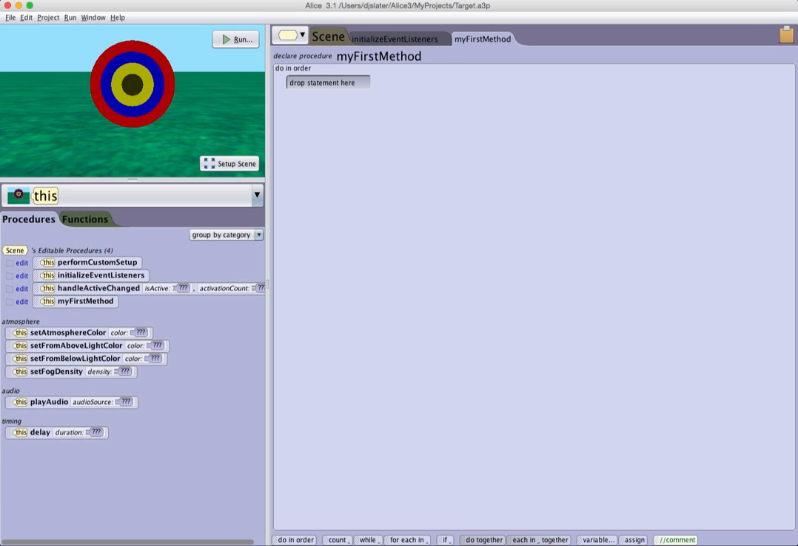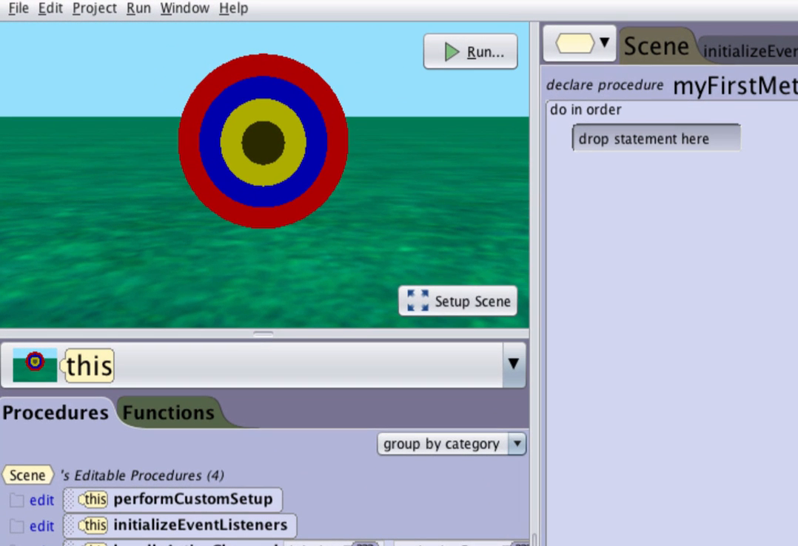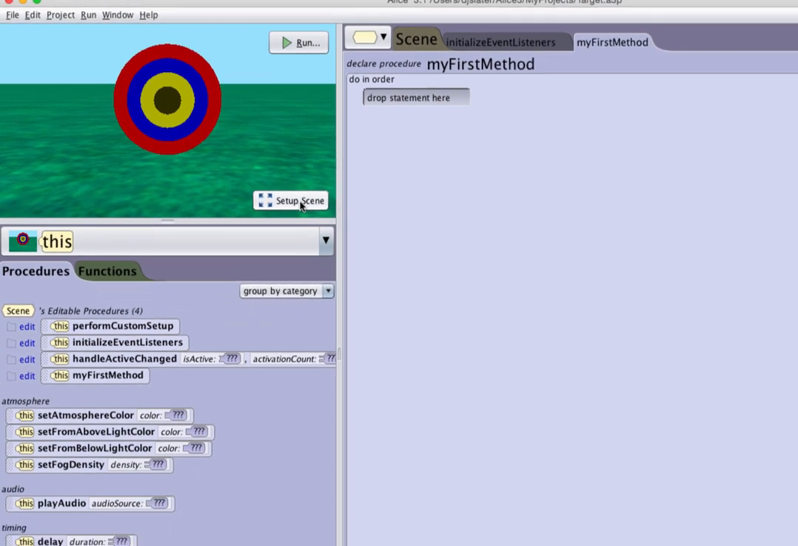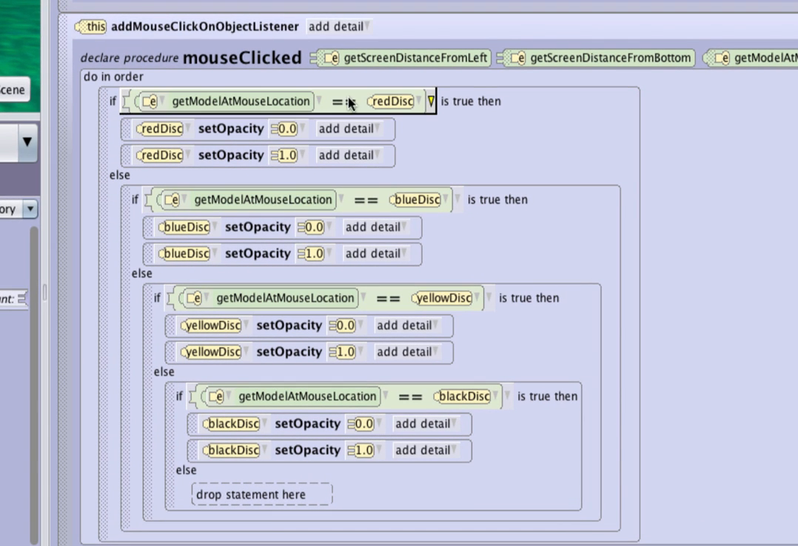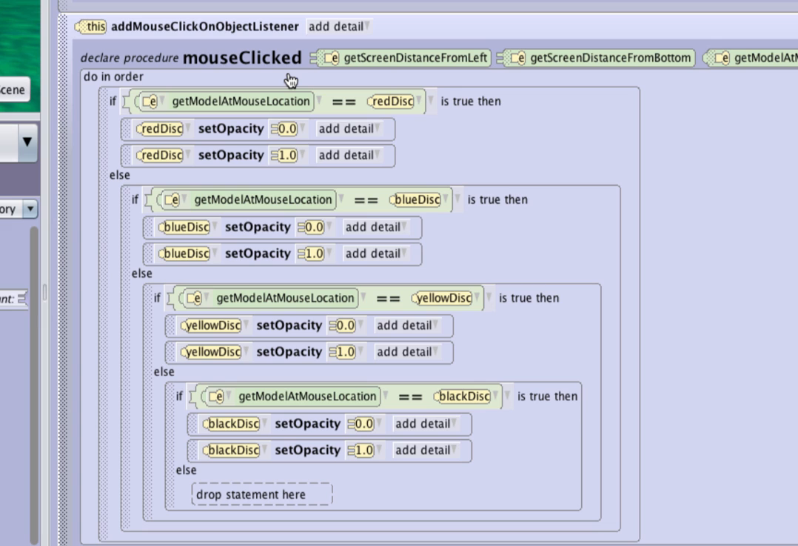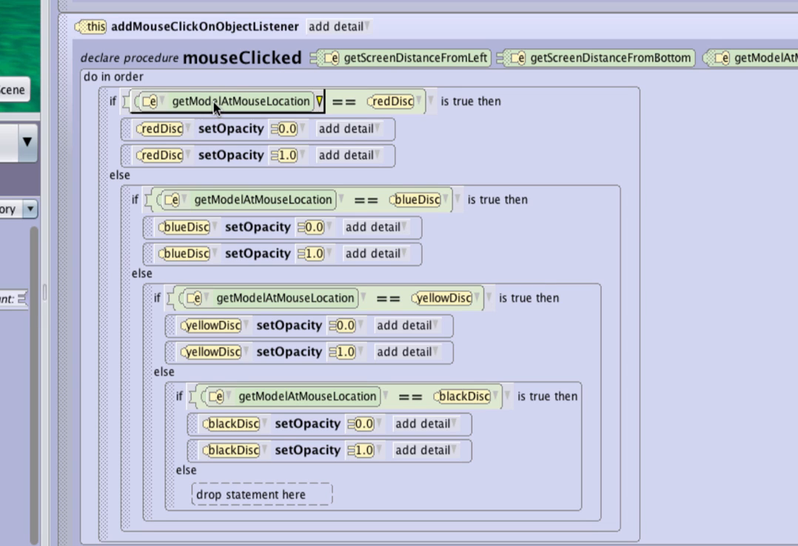This is a demonstration of the ScoreKeeper object that is available from the Alice project. To demonstrate this, I'm working with a world in which I've built a target using 4 disks from the Shapes gallery. We can look at how this program works in that I have a mouse-clicked event in which when one of